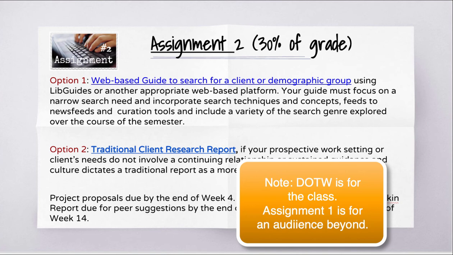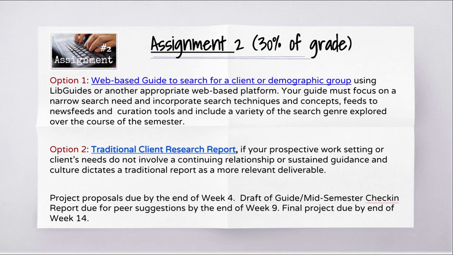Assignment 2, because I realize you will land in different places, is a choice. You can choose option 1, which is a web-based guide for a search for a client or demographic group. I'm happy to give you a free subscription to the LibGuide Sandbox for this project. This guide must focus on a narrow search need. I've given examples in the description and incorporate the search techniques and concepts